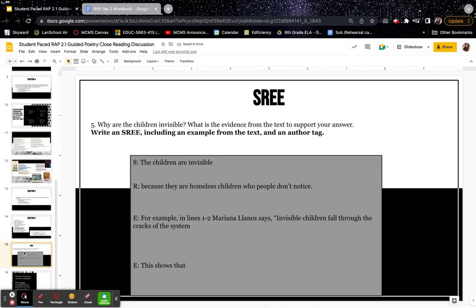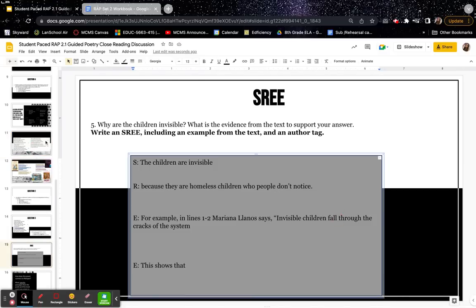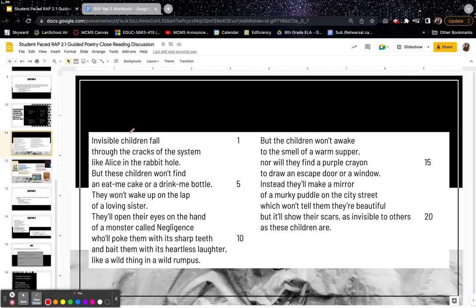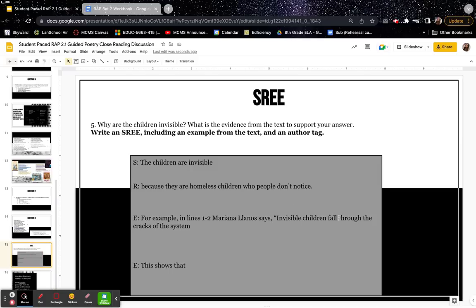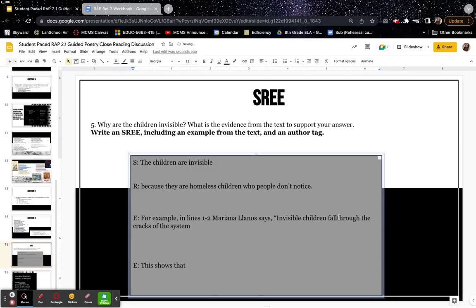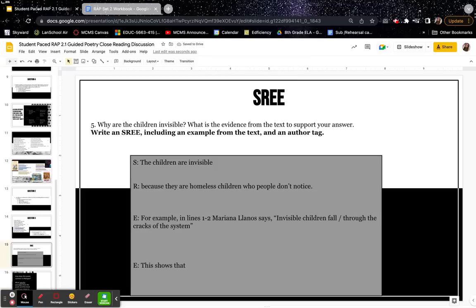No. And so see how in this poem, it's 2 different lines. So invisible children fall through the cracks of the system. See how I drew that dash? That's what I'm going to put right here, because that's how we indicate that that's a new line in poetry. Okay, and finally, this shows,